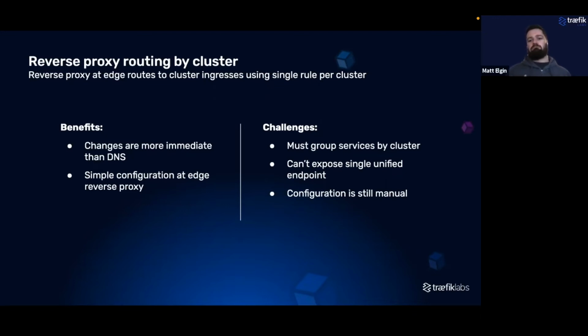So we still have to use that grouped by cluster routing for our routing endpoints. For that reason, we can't expose a single API endpoint like maybe api.example.com. And beyond that, the configuration still is manual. We're still going to have to maintain this both at the lower level and at this new edge reverse